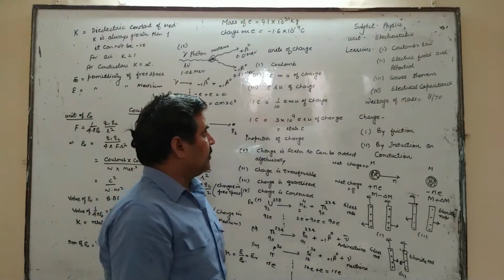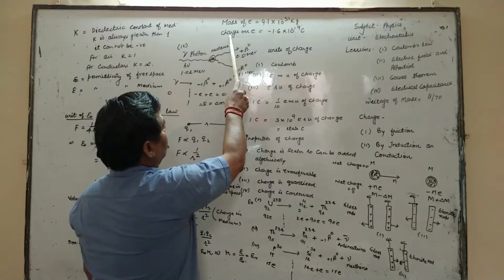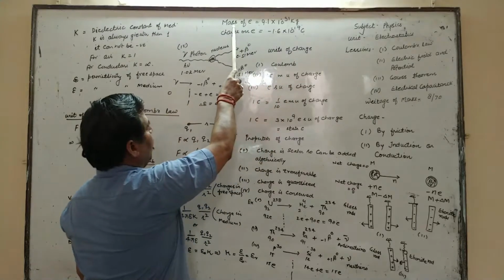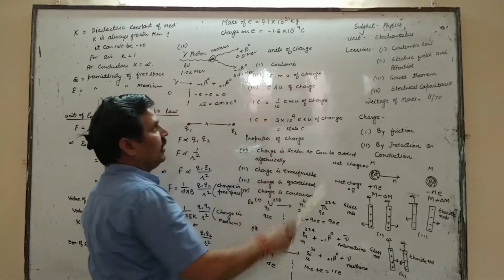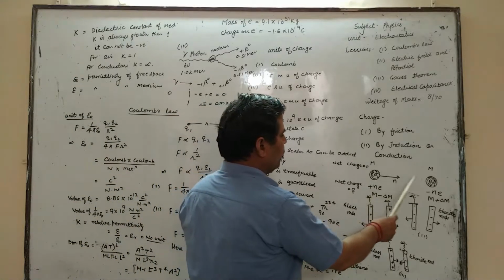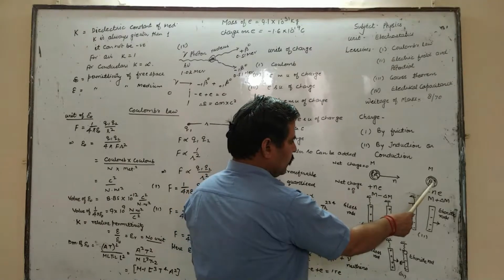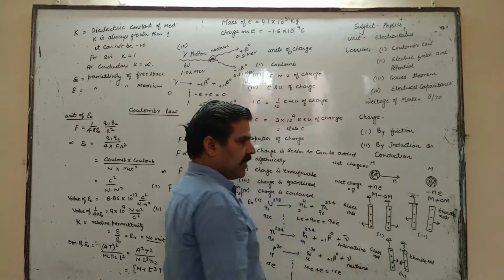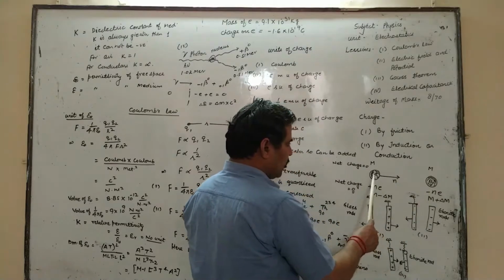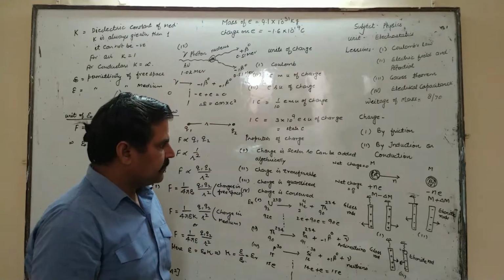The most remarkable point is that the electron is a negatively charged particle. Charge on electron is minus 1.6 into 10 to the power minus 19 coulomb. Mass of electron is 9.1 into 10 to the power minus 31 kg. When electrons are transferred from A to B, it means negative charge is transferred from A towards B. So the body is negatively charged, but at the same time mass is also transferred from A to B. So the mass of A decreases, on the other hand mass of B increases.